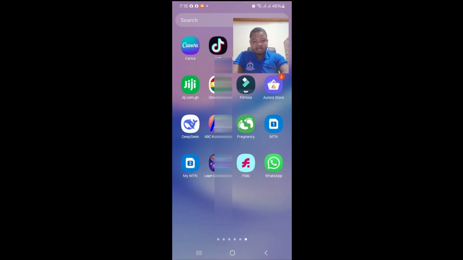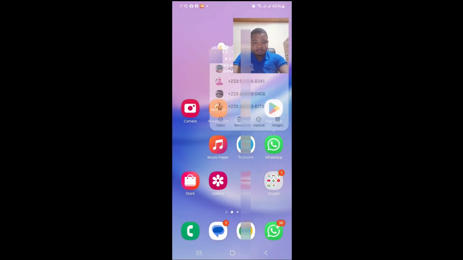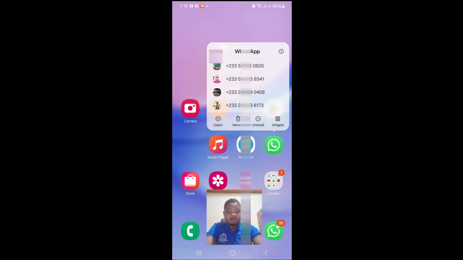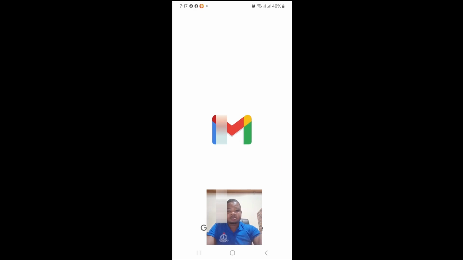Come and then click on the app and hold it. When you tap and hold, you see the uninstall option. So you click on uninstall. I'm just demonstrating to you, but for me, I'm not uninstalling it. But you click uninstall. After you uninstall it, you click on the Google Apps, go to Gmail,